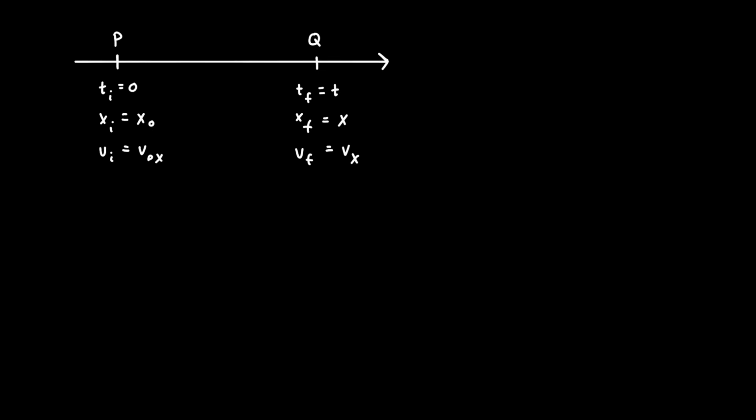Let's consider an object that starts off at point P, where the time is 0, the position is x naught, and the velocity is v naught x. And the object is going to move from point P to point Q, and it's going to do this with a constant acceleration. When the object arrives at point Q, the time is t, the position is x, and the final velocity is